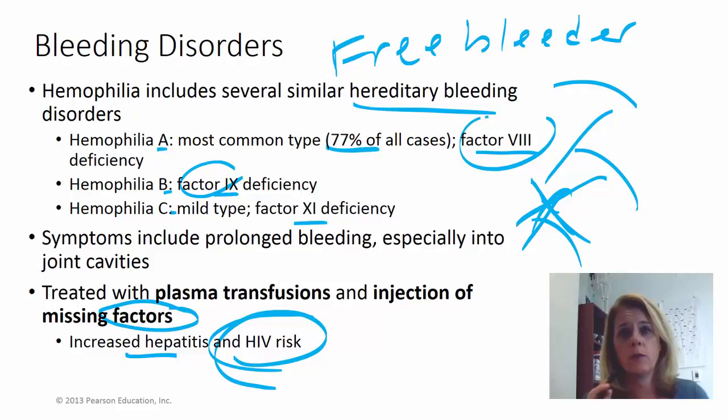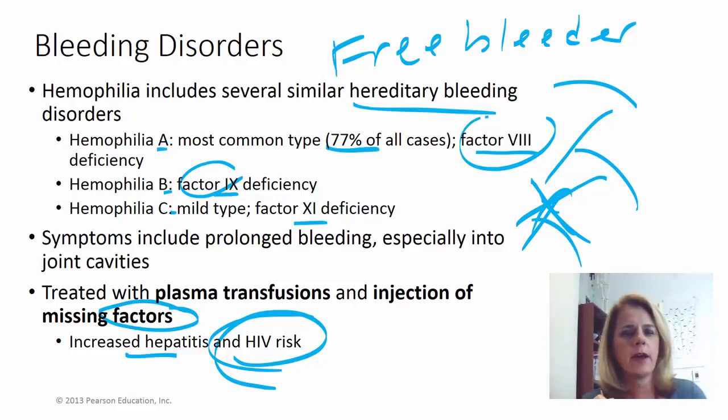Hemophilia, the gene, you get one gene from your mom, one from your dad, and sometimes this hemophilia gene is on the X chromosome. It's on the mother's genes, and so you get that from your mother. She may not have hemophilia, but you get it from her. So that's just kind of a cool sideline.